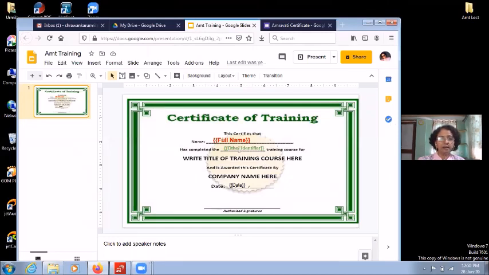Then here it has taken the other identifier for the course name, and that's why I have taken it as it is. Then date I have taken. This slide, the template for the certificate, is ready. I'm saving it using the name AMT training, because I need to link it, and for linking that, I have saved that particular template as AMT training.